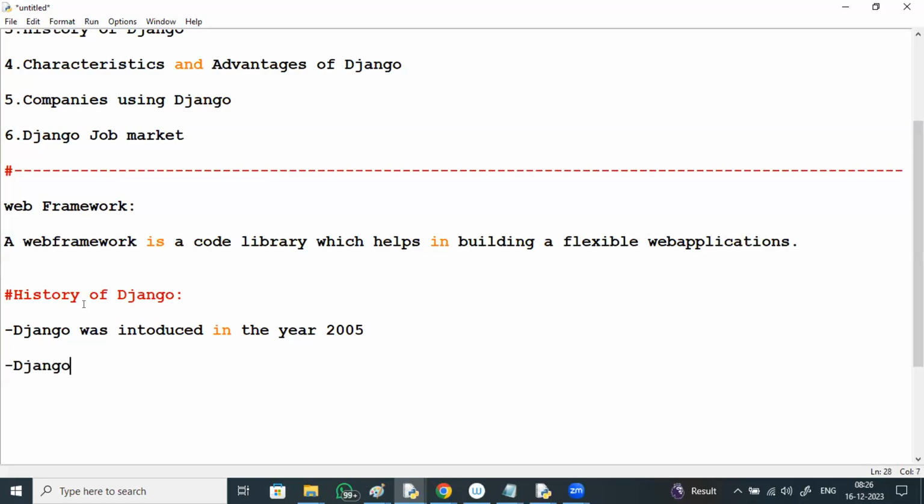The name Django was the name of a guitarist, Django Reinhardt, the name of a person, right?